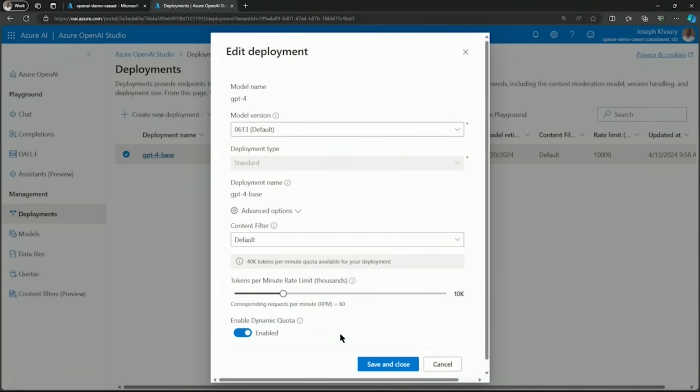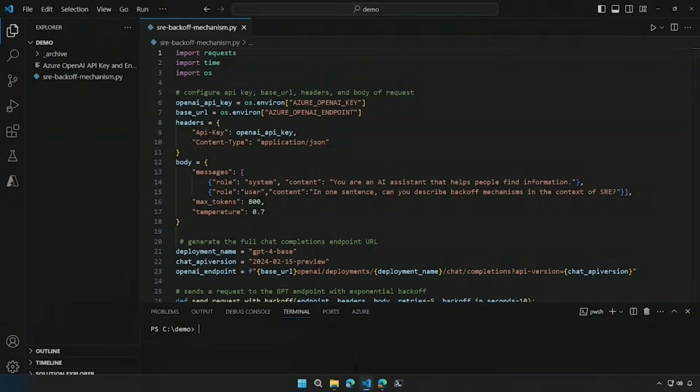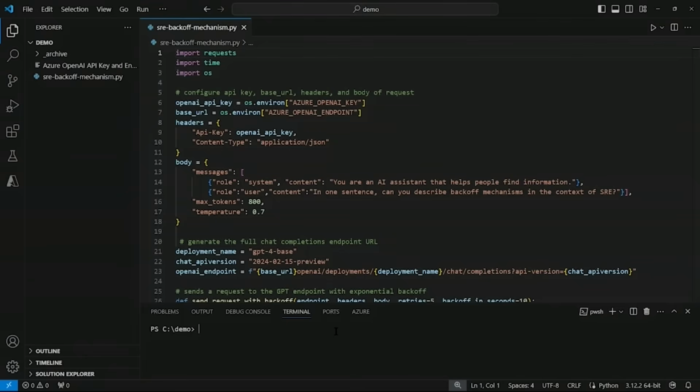Okay, so I'll select Cancel. I'll go down to the taskbar, and I'll select the Visual Studio Code icon. I have a Python script named SRE-backoff-mechanism.py open. In the script, from lines 1 to 3, we're importing the modules we need for the demo. Then from lines 6 down through 18, we're configuring the API key, the base URL, the headers, and the body